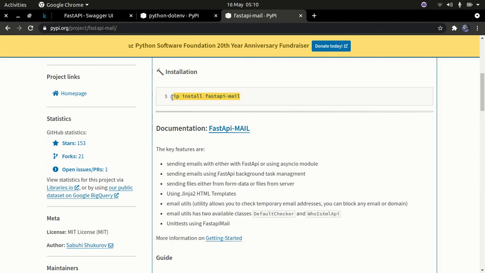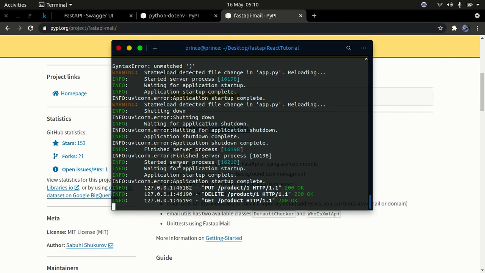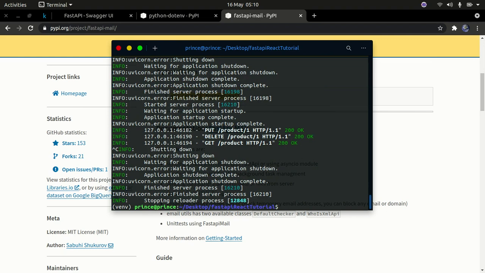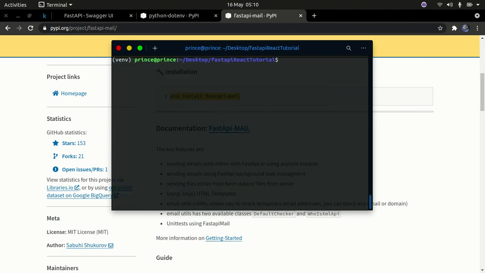I'm going to copy this, and then go to my terminal. I'm going to stop the development server for now by hitting Control and C. Clear the terminal. Make sure your virtual environment is activated, and paste the command in there: pip install